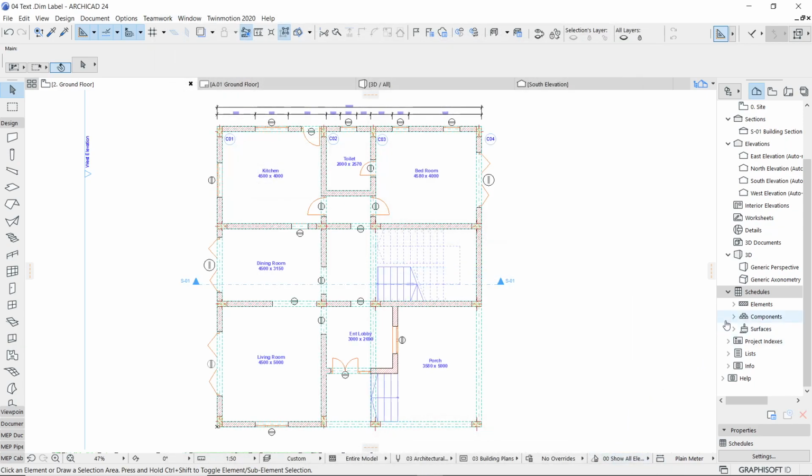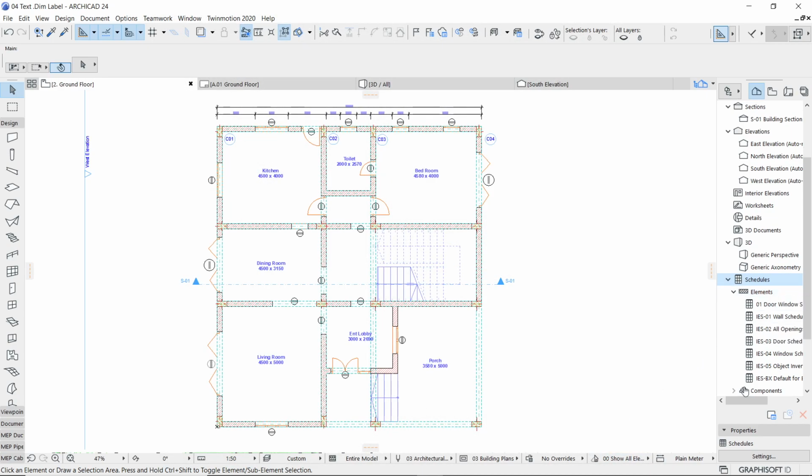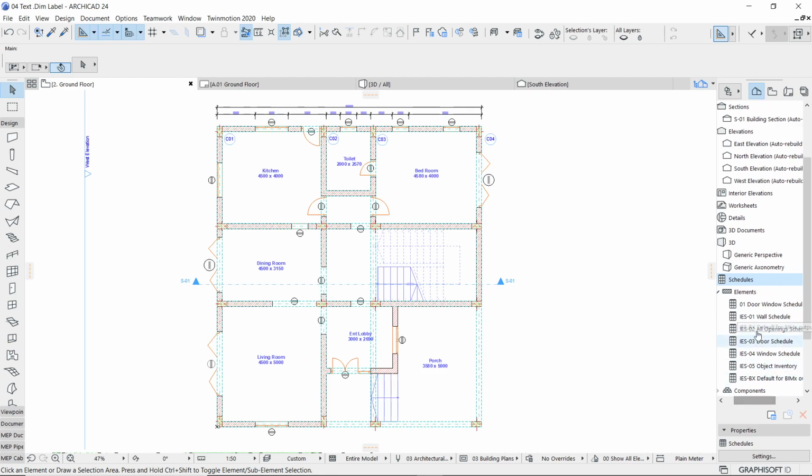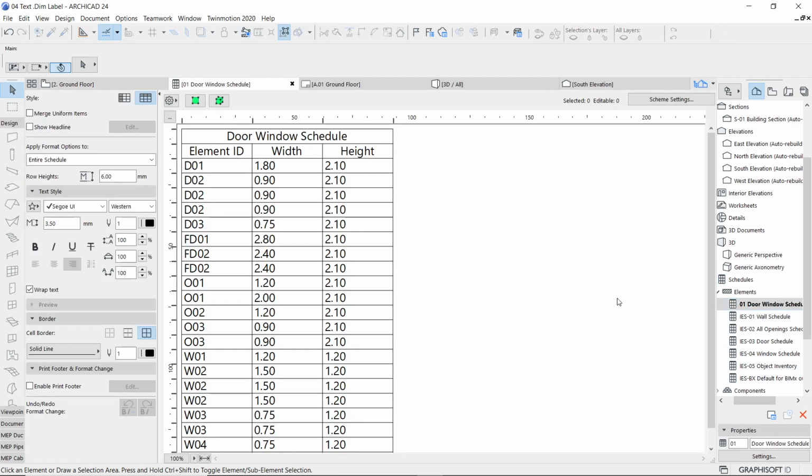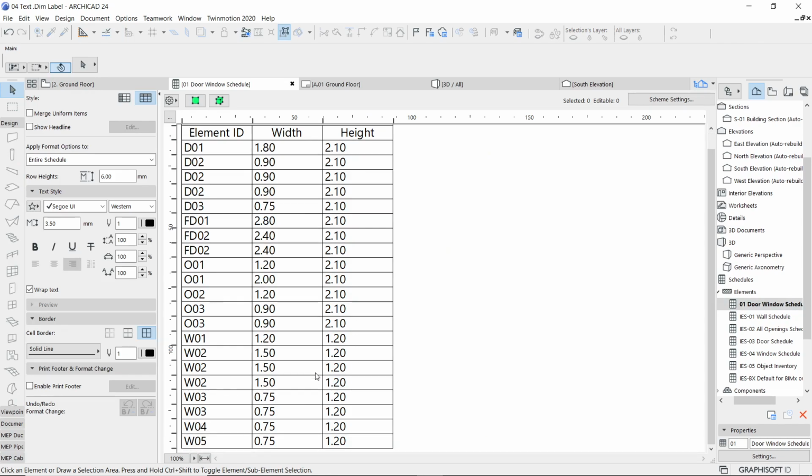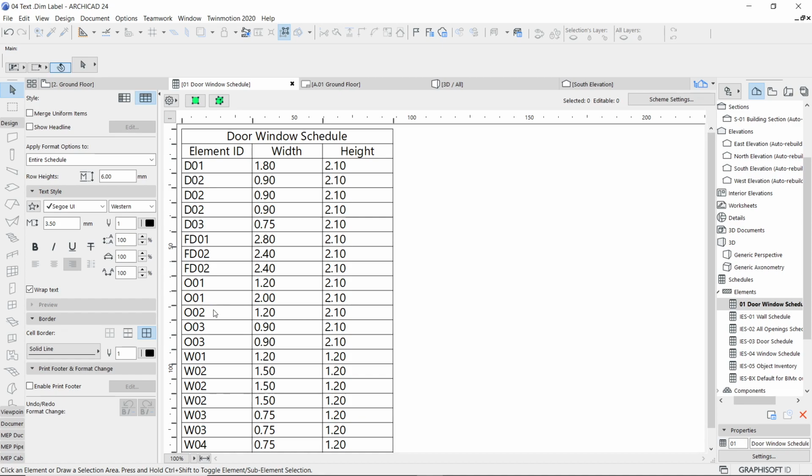The moment you say OK, you will see that in your element group, a new scheme was added, which is known as a door window schedule. You just double click on this, and ArchiCAD will open and show you that this listing is done for you. Okay, so all the doors and windows are listed out in the required manner. We will see how to do the further placement of this schedule on the sheet or related settings, that is height of the text and other things also. So complete this much of part and then follow the next steps.